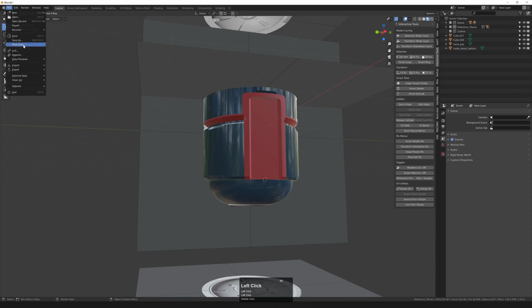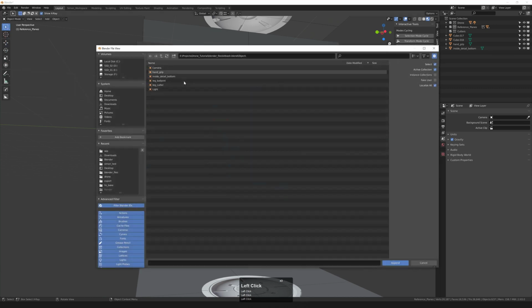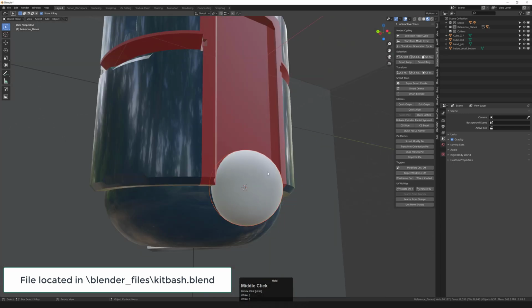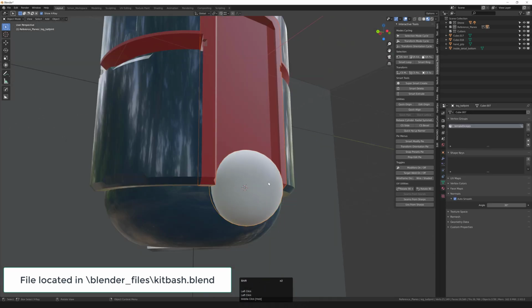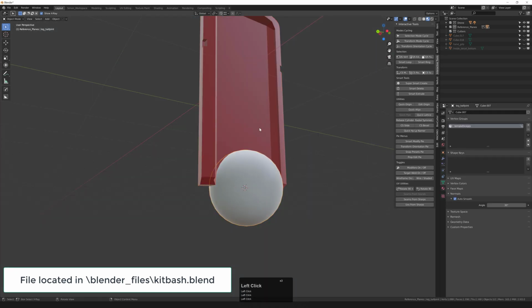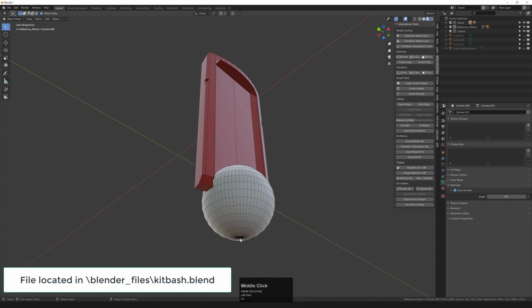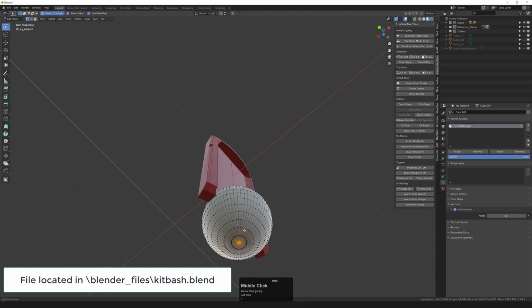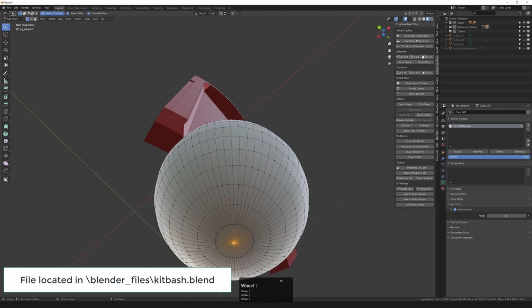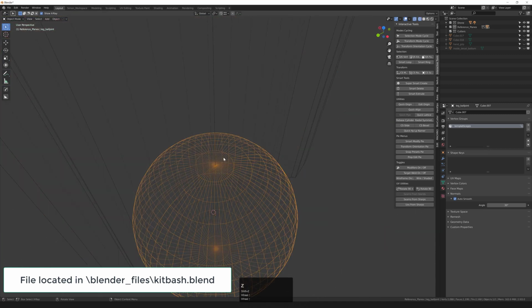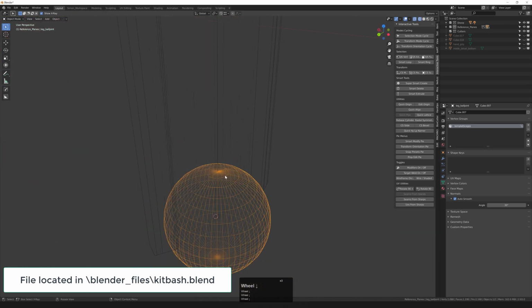But instead, I'm going to go to File and Append and save you that time and give you the leg ball joint object. And that's going to sit in the exact right position. And then we're going to do Boolean from this. So we're going to carve out this sphere from this piece. The downside here is that you can see that on this sphere, we have all these points that are ending in this one vertex up here. And if we do Boolean, it's just going to create a bunch of extra vertices up here,